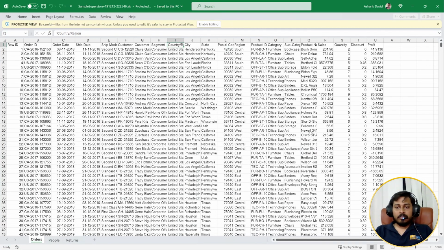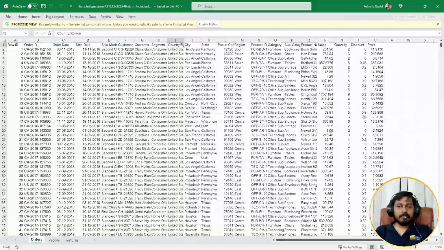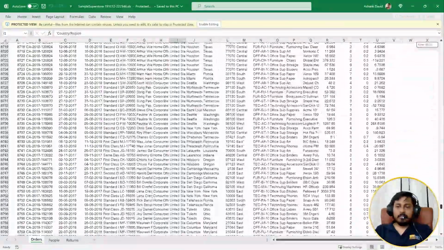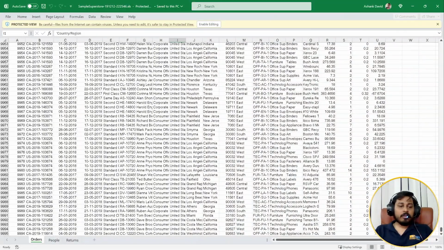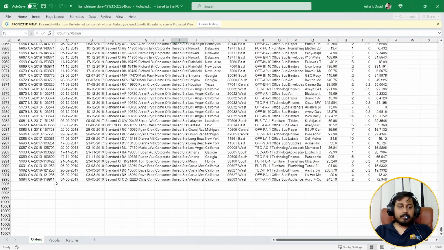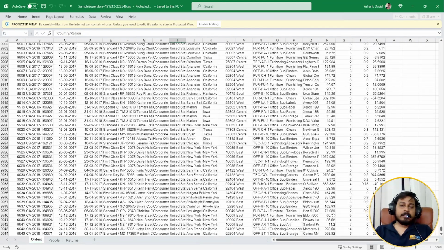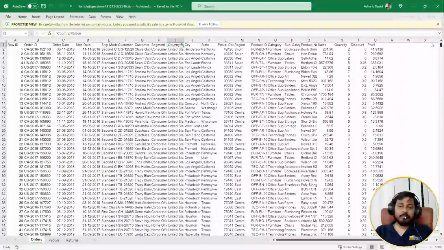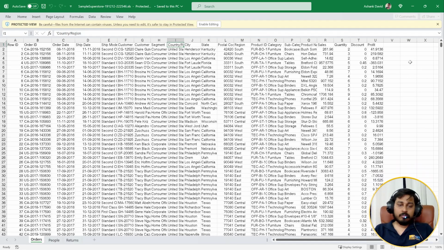This is how that file looks right now. This is a basic data set which contains the information about a particular superstore, where 9,995 rows of data are kept in one place for particular items. This data set contains basically everything related to the items which are getting sold in this superstore,